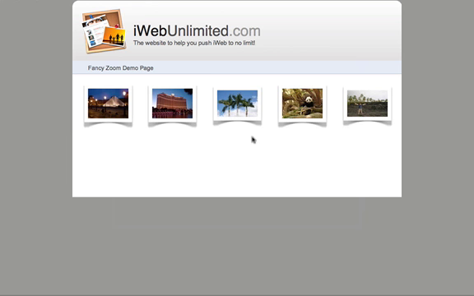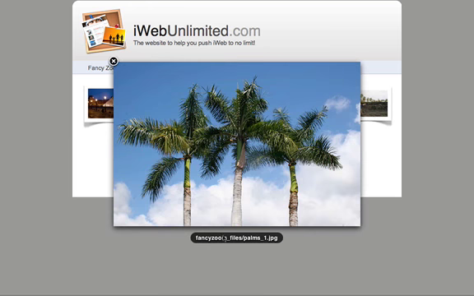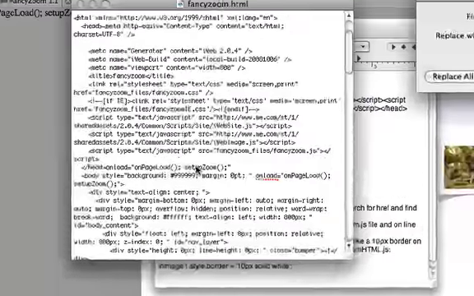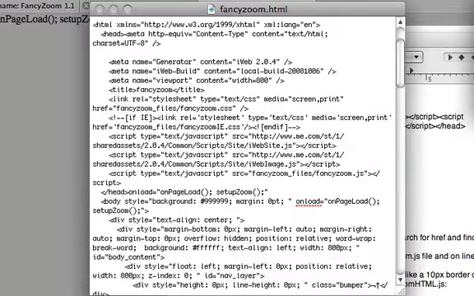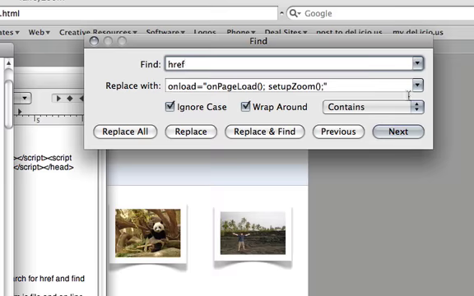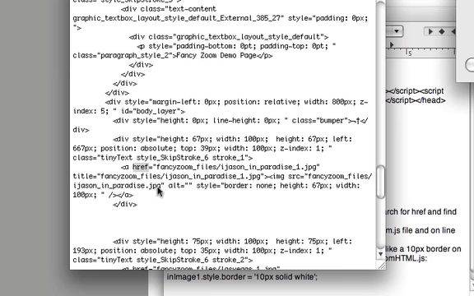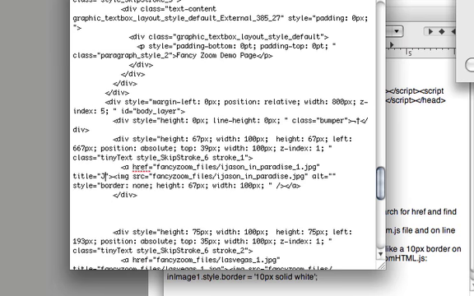So that is a little tutorial on how to get it working inside of your iWeb. Hopefully that makes sense to you. There are some other tips as well that, if you wanted to change these, you can find them on the website as well to change the titles. It's really a simple matter of finding in your file the href, and then you'll see in every single one of them there's a section that says title right there. Title, Fancy Zoom, and I could come in here and say